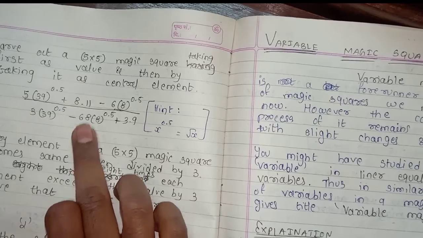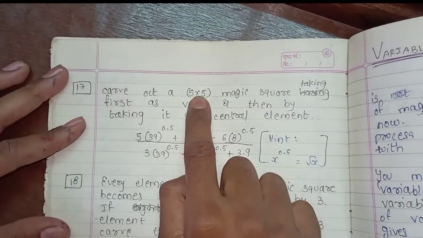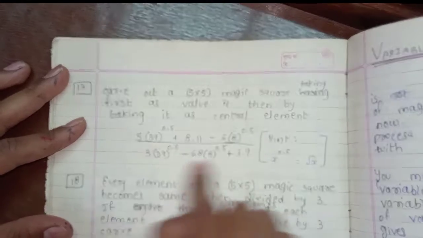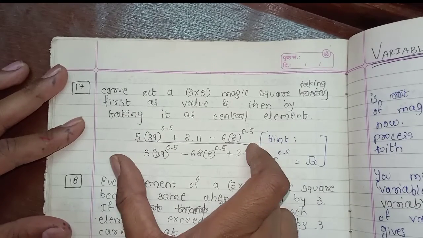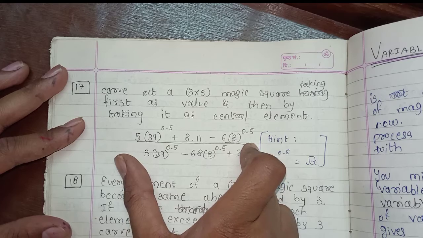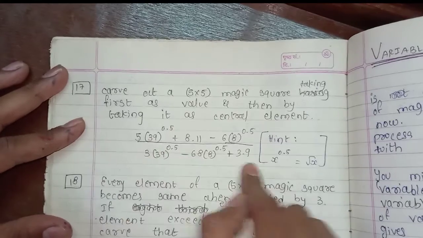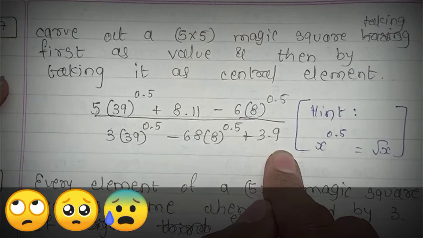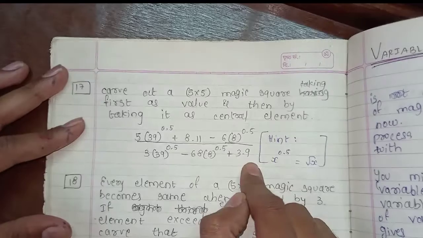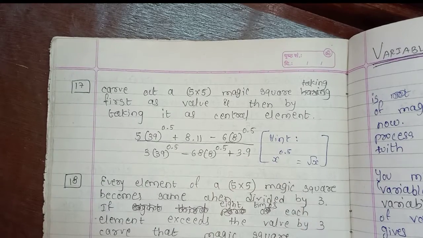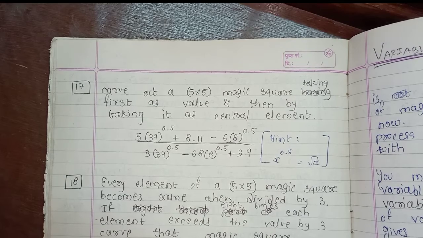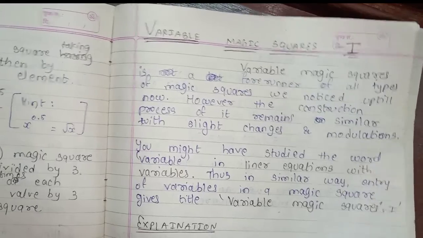So this is a very complicated one. You can see another: you have to construct a 5 by 5 magic square by taking this as the value. So this will be the value, meaning when you add all the rows and all the columns, you should get this value. Accordingly, you have to put in the remaining ones. Now you will find it is really difficult when you try to solve a 3 by 3 or 4 by 4 magic square in just numbers.